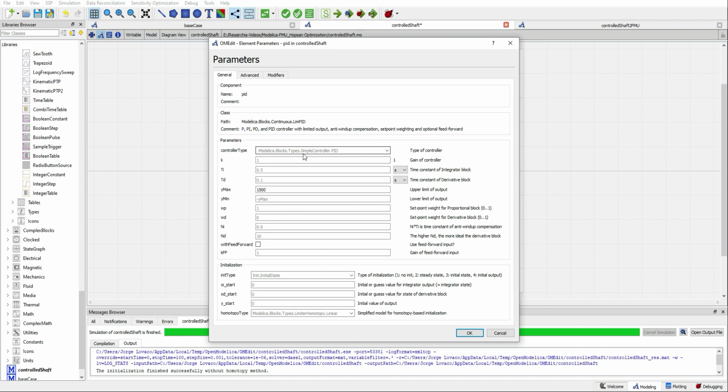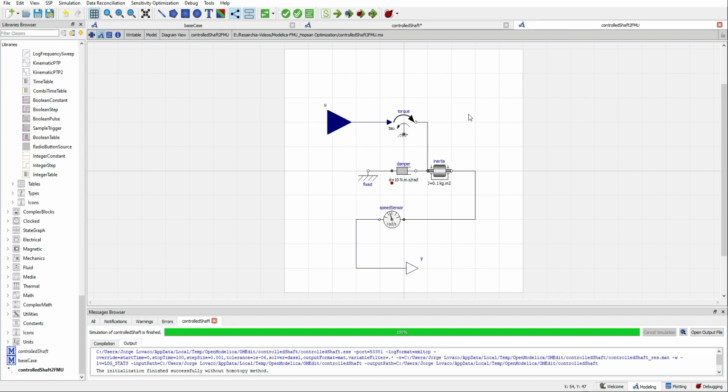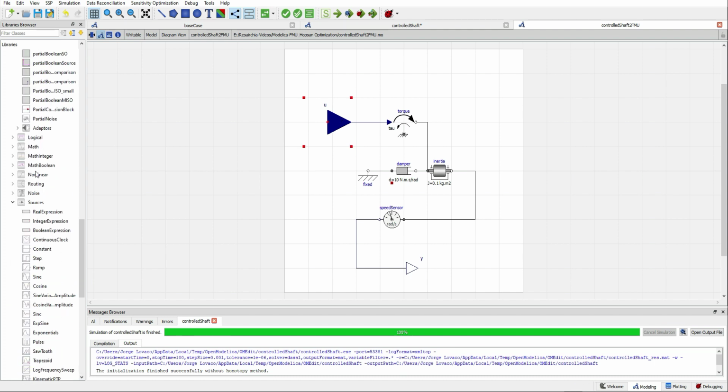To tune the PID, we would need to change values here. The problem is that changing those values, let's say by guessing or by hand, it's actually very challenging. So what I will do is I will export this part of the model as an FMU. Everything is the same. You can see that I have replaced the PID and the ramp by this real input